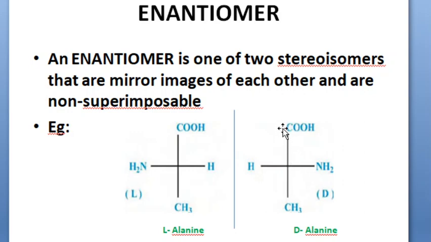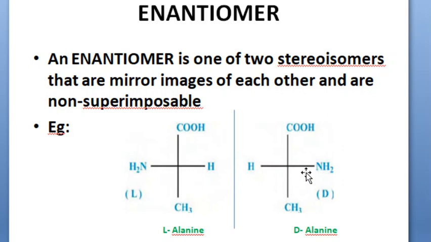Around the carbon you have COOH, H, NH2 and CH3, and this is the Fischer projection. In this projection, NH2 is on the right-hand side, the most electronegative group on the right-hand side, so it is D, and this is the L form. That nomenclature we have also learned in other chapters. So from here it is D-alanine and L-alanine, and you can see a mirror is kept in between. The line in between is the mirror. If you place a mirror, this looks like this.